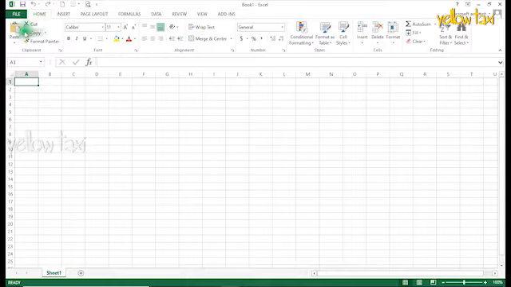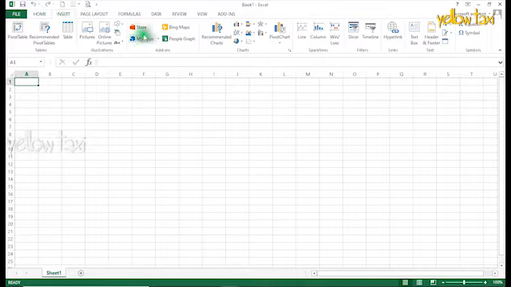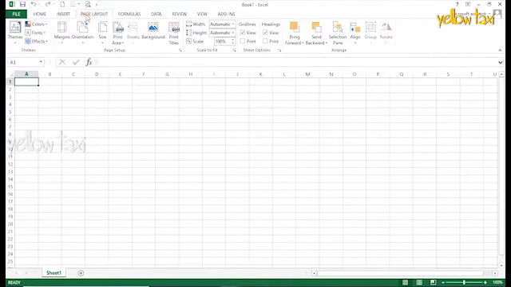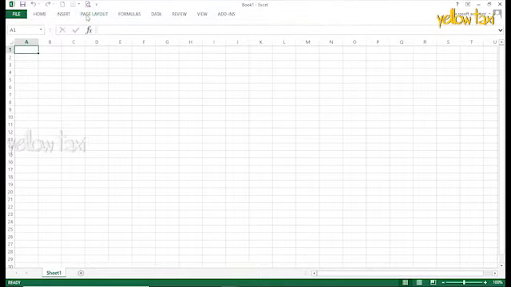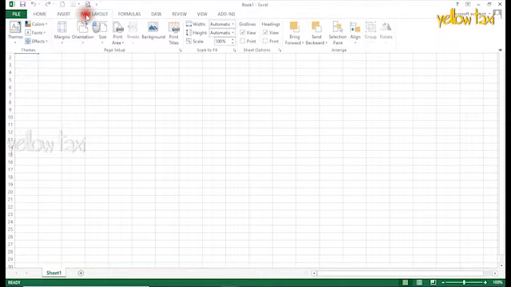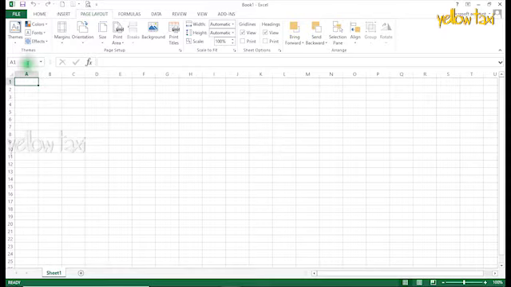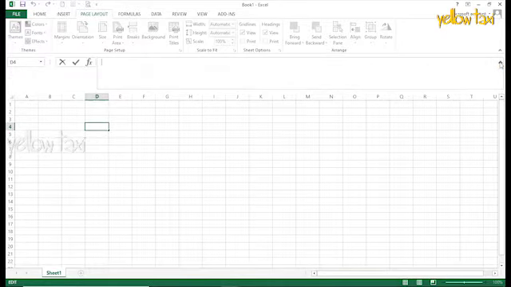Under each tab, there are many items contained in a ribbon. Each tab has its own ribbon. If you double click on the tab, it gets hidden. To get it back, you can double click as well. Down to that, there's a name box, which shows the address of the cell. Right to it is the formula bar. You can see the formula written in a cell. And to see the entire formula, you can expand or minimize using the arrow key.